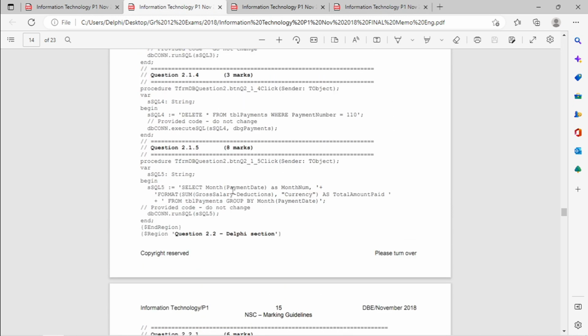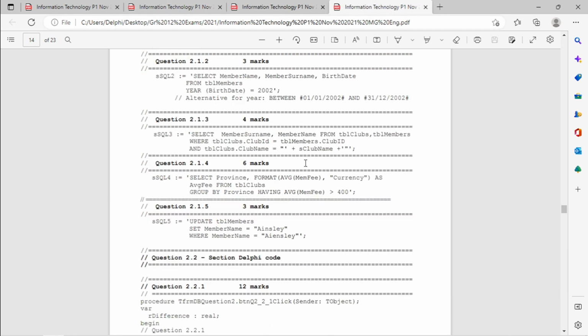is select month, the payment date as month number. So you need to extract the month and rename that field as month number. Again, there's a format that you need to change. You have to do the sum, and you need to change that to a currency. So that's the same as